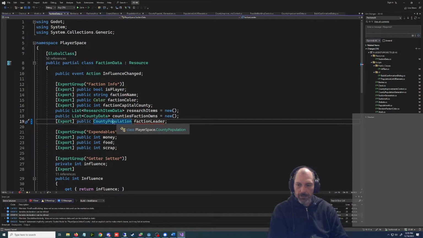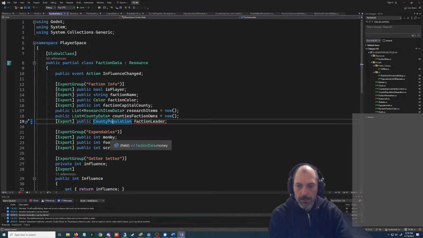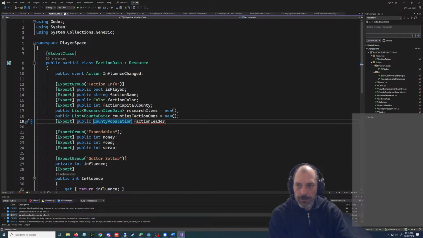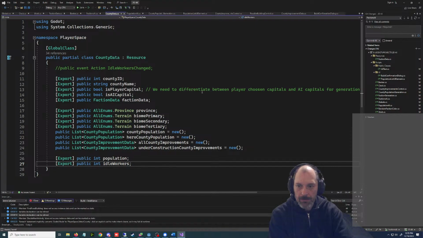We could make it a resource. I think I have other resources inside resources, and originally I was having issues with that, but yeah, see, I have this faction data inside this county data. So I think